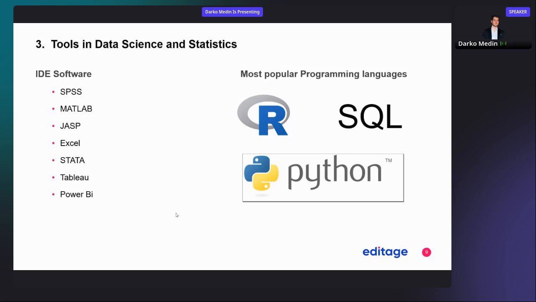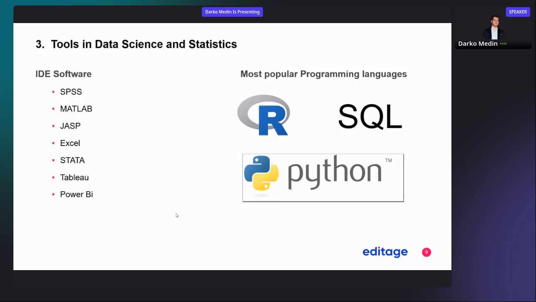Some of them have this, let's say, hybrid way of functioning where there is a little bit of programming, but there is a lot of facilitation. There are a lot of, let's say, point and click operations in the software. Those terms you can see on the left side are actually the names of different software, and they can be used to facilitate the process, let's say, of statistics for researchers who are at the beginning of the journey in data science